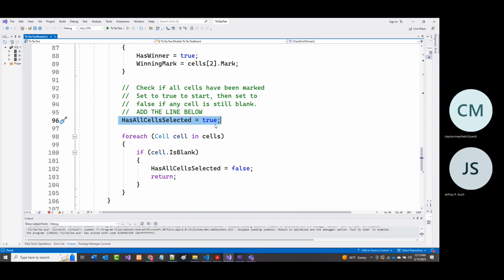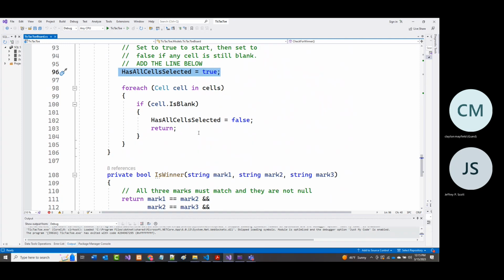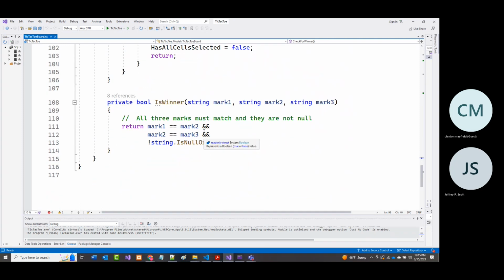All right. And then under the for each, I think that the is winner was set up like this already. You can double check to make sure.